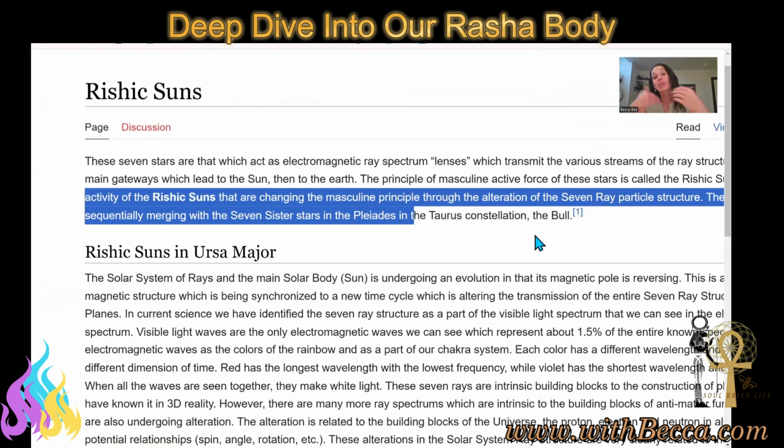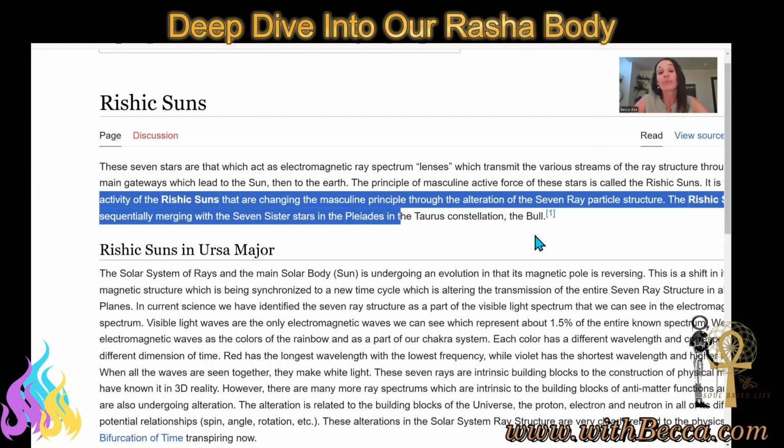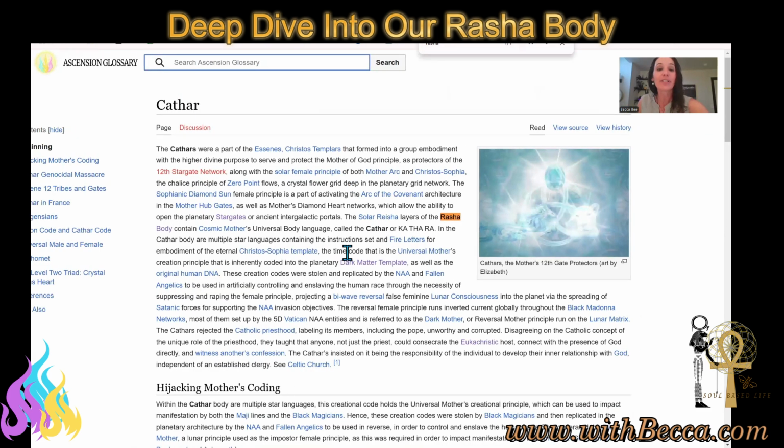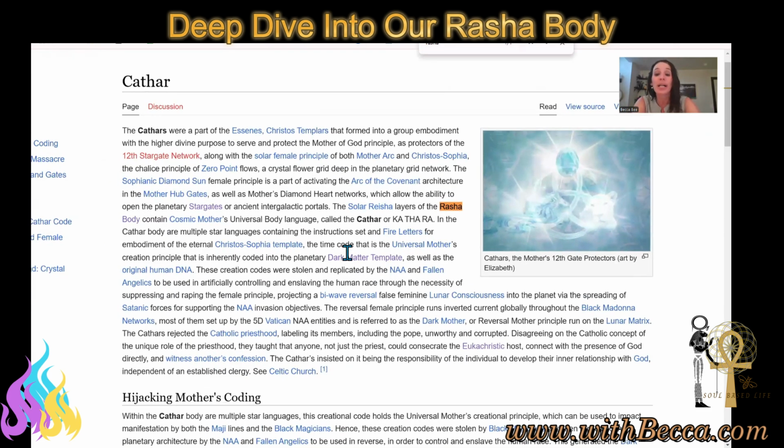And as it starts to merge within that energy, the seven sisters then reflects in our Sophianic mother principle. So it begins to rewrite the energy within here. So we have all of this step down of energy and it all working together. And as you start to understand that we incarnated in at different times, that the Cathars, the Cathari, were a race line. They were an extraterrestrial race line, we'll say, that emerged in. And what was their goal? They were the Cathars. They were the ones that held the Kathara body and basically the Templars.